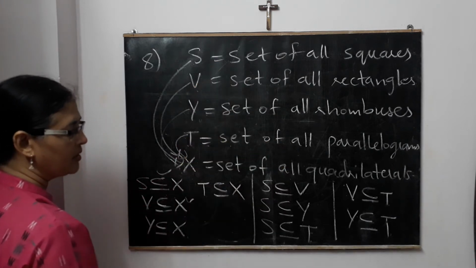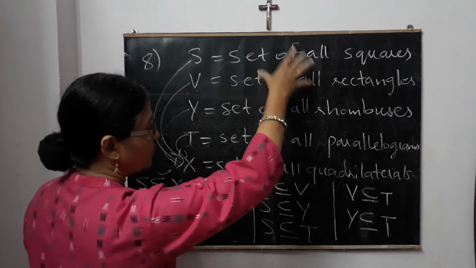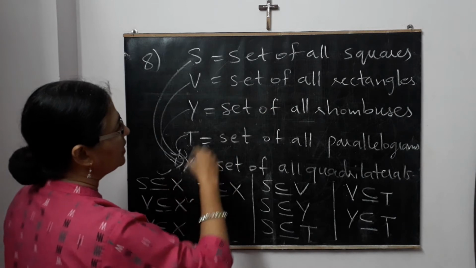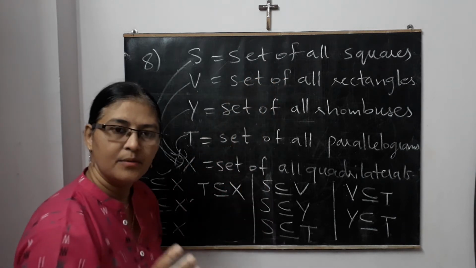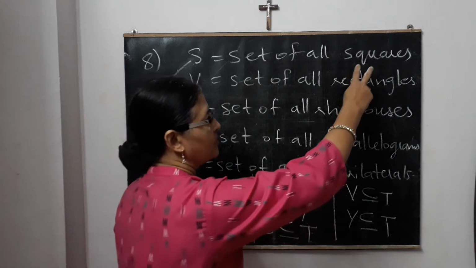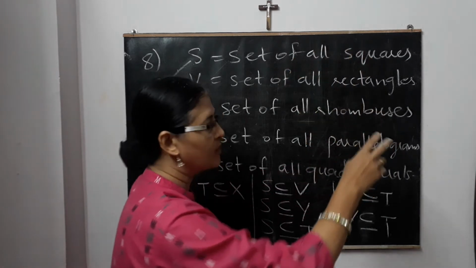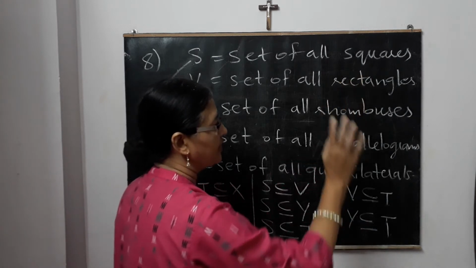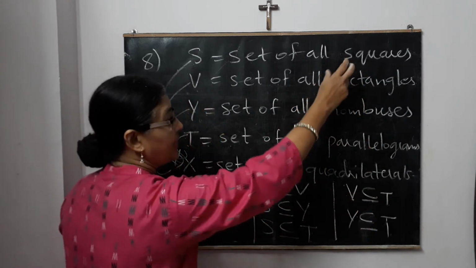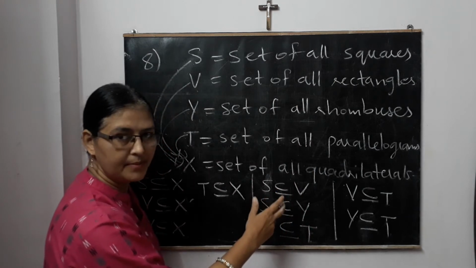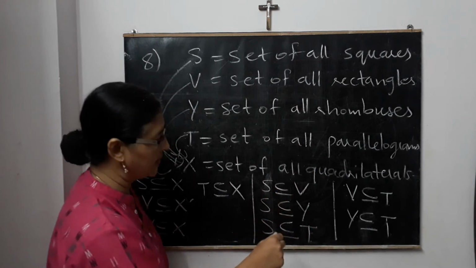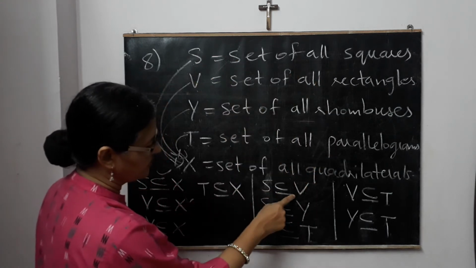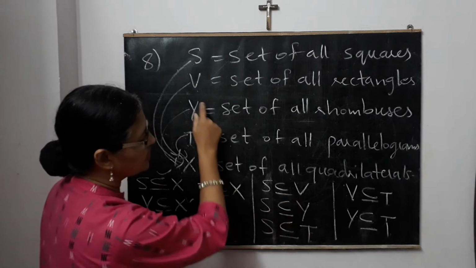Finished these all four. Okay, but now we have to see about square. Square is again coming in which other smaller or bigger sets? Now if you compare square and rectangle, square has all four sides equal, but rectangle has opposite sides equal, length and length, breadth and breadth. But both have 90 degrees. Square can be called a rectangle, but a rectangle we cannot call a square because all four sides are not equal. So square will become a subset of the rectangle, S subset of V. That is what is written.